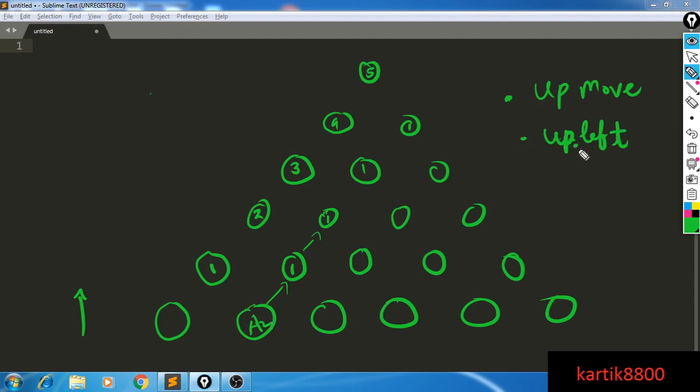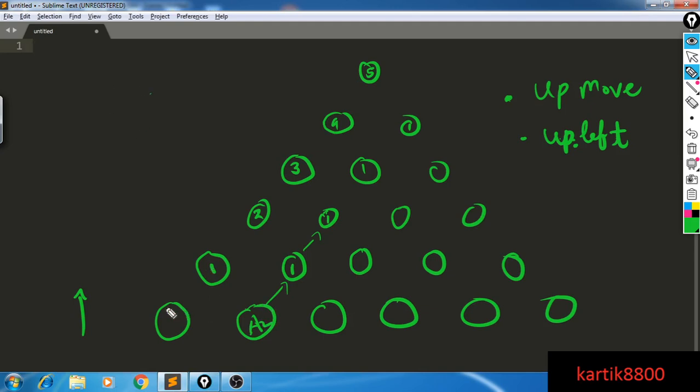And the idea here is that since this is the second guy here and this is the first guy here, I have to make at least one up left move. Only then do I move one step to the left. Since this is the second guy, I want it to become the first in the future, so I have to make one up left move at least. And not just at least, exactly one up left move, because only up left moves have the power of changing the index of a guy.